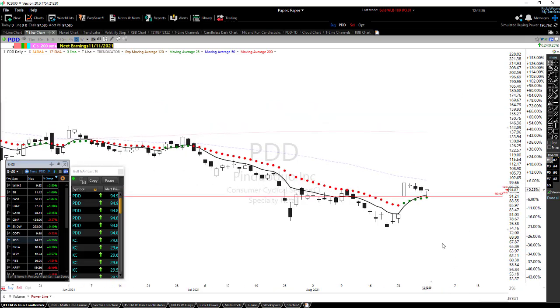Now, there's no question in my mind. There's people wondering, there always is, are you afraid of the 50? No, I'm not. Could the 50 cause a little bit of a road bump, speed bump? Sure. It absolutely could. Thousands of stocks break through the 50-period moving average every year. Why can't this one?